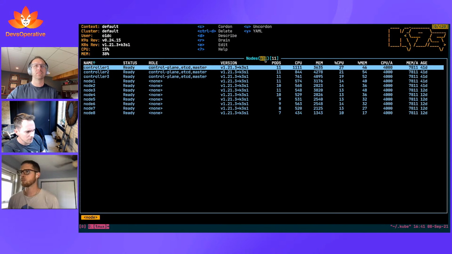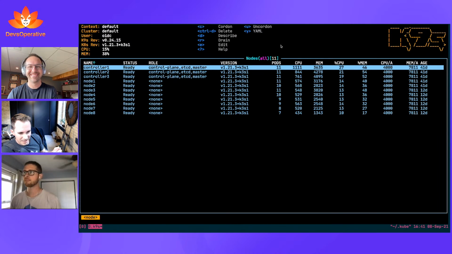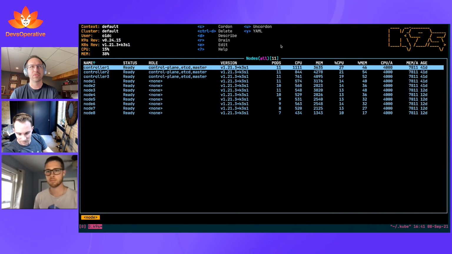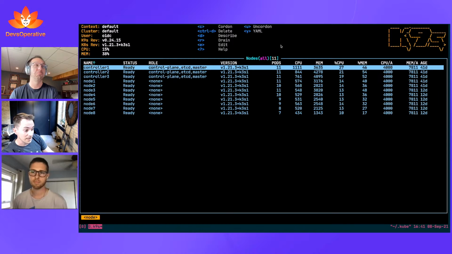In the case of nodes, I'm not sure what that's for. It says all namespaces, but there aren't any namespaces for nodes. Exactly, that's why I don't really know. Normally that all would be referring to the namespace, but with nodes, I don't really know what it means. Maybe it's just an oversight in the programming. That's fine. Anyways,